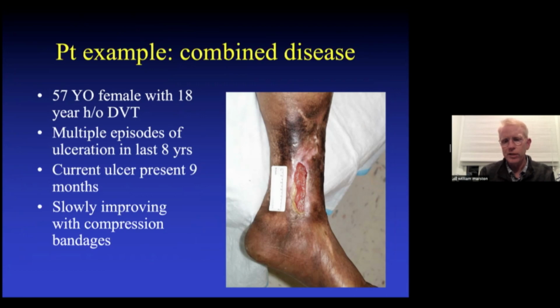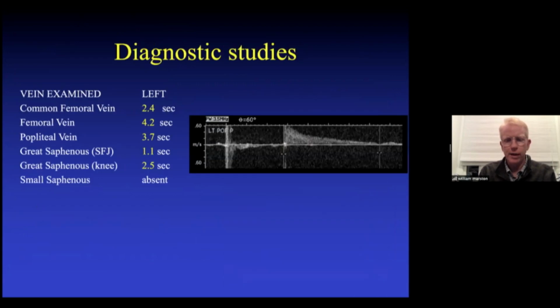All that hyperpigmentation, that sclerosis, it's going to be a very difficult wound to heal, very slow healing, unless you excised all that tissue, which plastic surgeons generally don't want to do. This current ulcer had been present for 9 months and really wasn't improving much with bandages. So this was her diagnostic study, and she had reflux again in the deep and superficial system, pretty high velocity